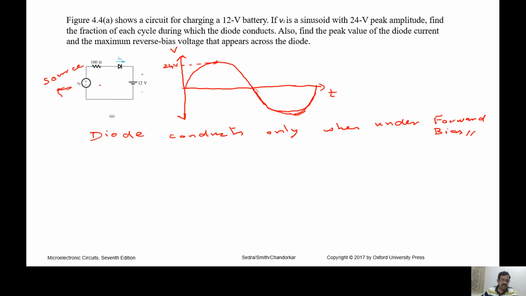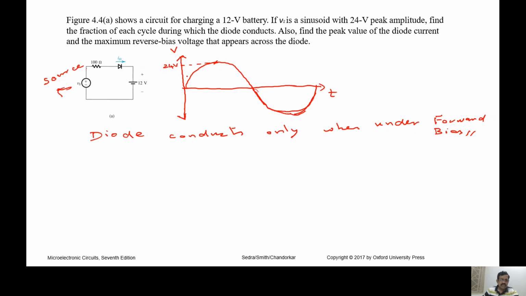Okay, so having said that, try to understand. For all voltages below, if I look here, this is 12 volt. So this is the positive cycle, so I am coming from positive this way. I'm taking the potential at this point and constructing my loop KVL, Kirchhoff's voltage law. There will be a potential drop across this 100 ohm resistor, and then here the diode is there. For a moment think that there is no diode, there will be a current, but the effective voltage will be, because here it is positive and negative, I'm going from positive to negative, which means it is minus 12.